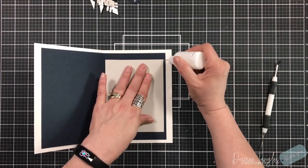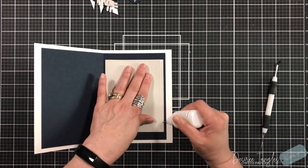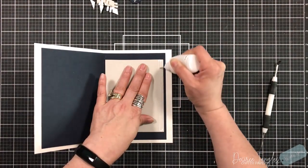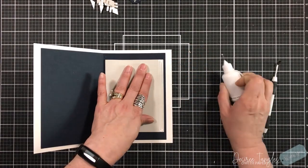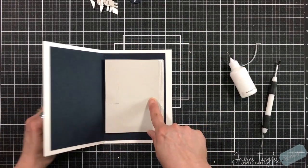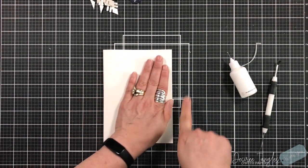Once that's set, I'm going to do the same thing over here. I'm going to add a little bit of glue here, just adding it to the edges. 1/2 inch, 3/8 of an inch, nothing perfect. I'm going to hold that down as best as I can. It's all that goodness that's in there. I'm going to roll it down